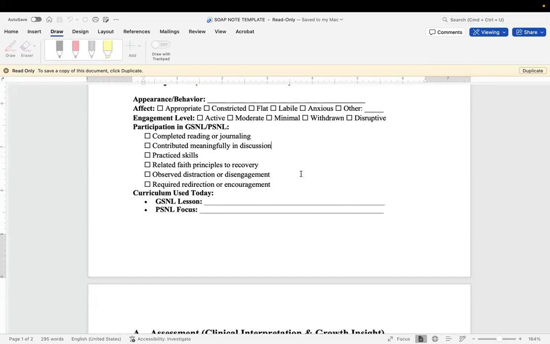Did they complete their reading? Did they complete their homework for that day? And we can get into the habit of going, oh, well, they have a week to finish this, or they have a month to finish this. No, what was it that they were supposed to do today? Did they get through that today?